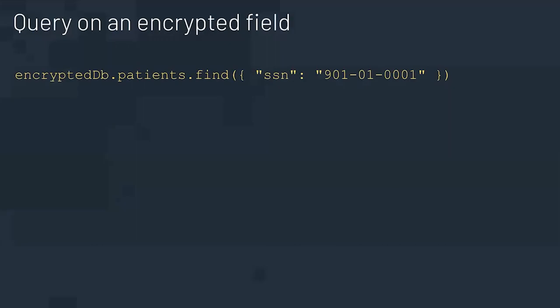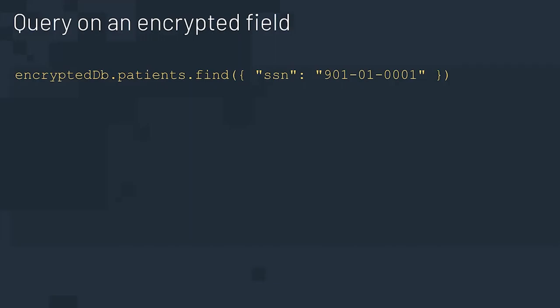All right. So let's talk about that for a second, because while it's great to have the database oblivious or kind of blind to the information that's stored there, there's another consideration too. If I have a query that says find all the patient records where the social security number associated with it is this value, the very fact that I'm asking for that data is itself sensitive. I'm not talking about the document itself, but the query in this case is sensitive. The filter in the find statement here is itself PII.